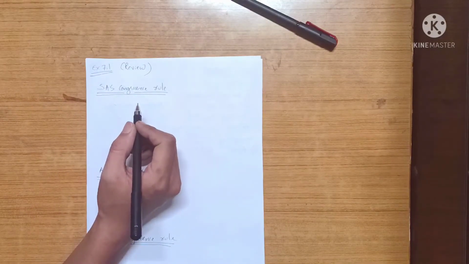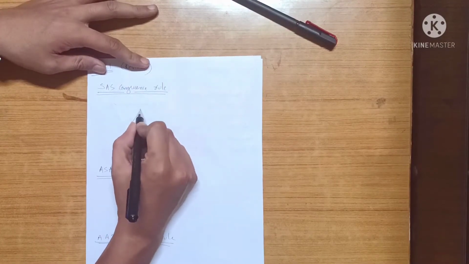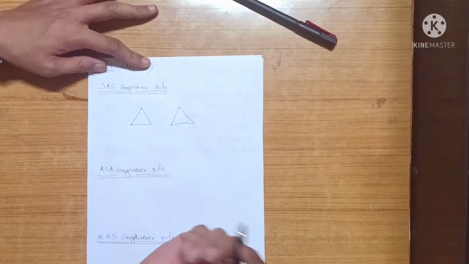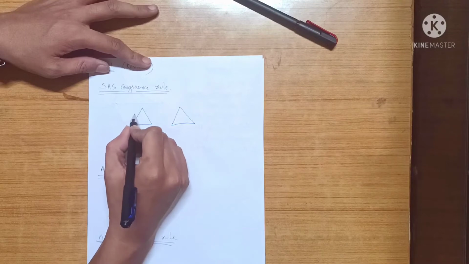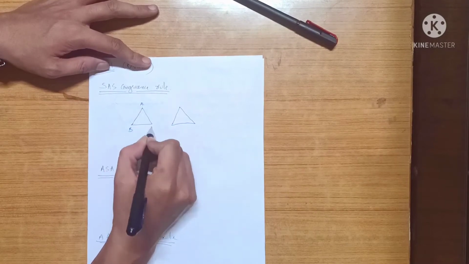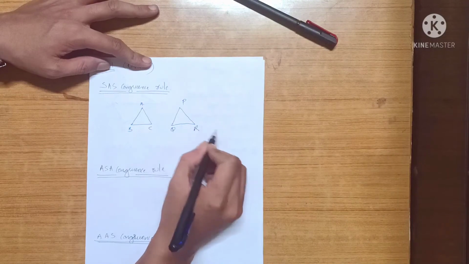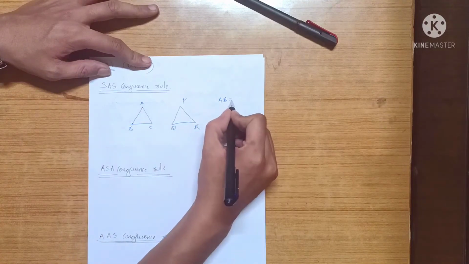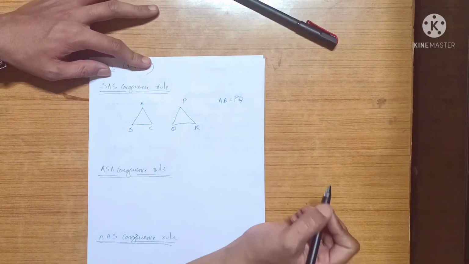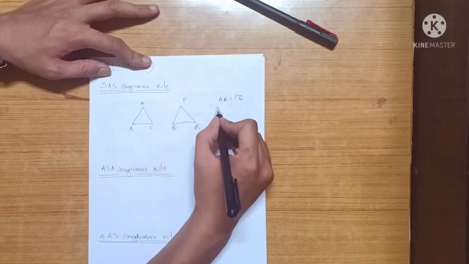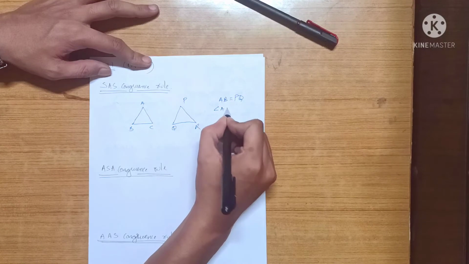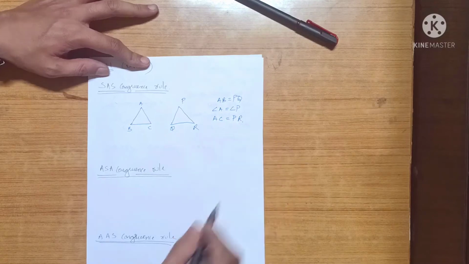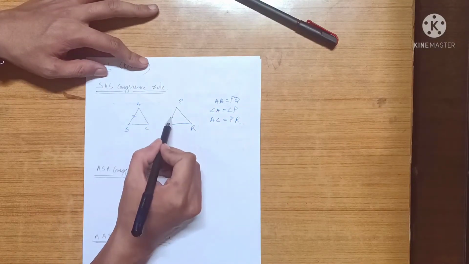The first congruence rule is SAS. SAS literally means what? It means if there are two separate triangles, ABC and PQR, and one of the sides, that is AB, is equal to PQ, and then one of the angles, let's say angle A, is equal to angle P, and then one more side, AC is equal to PR,